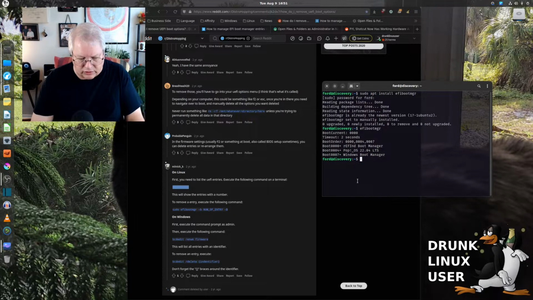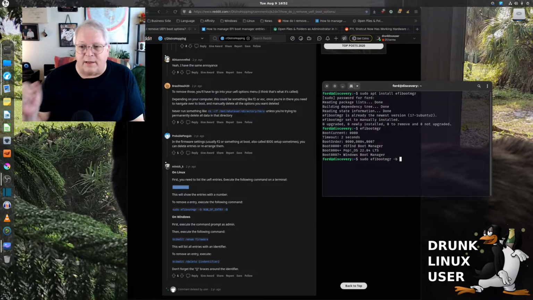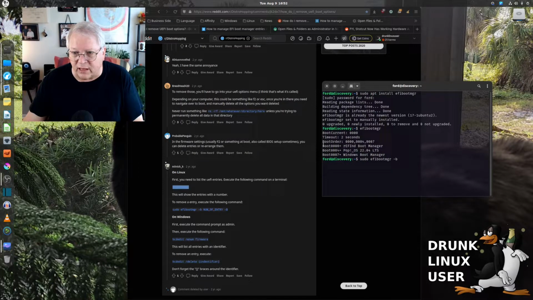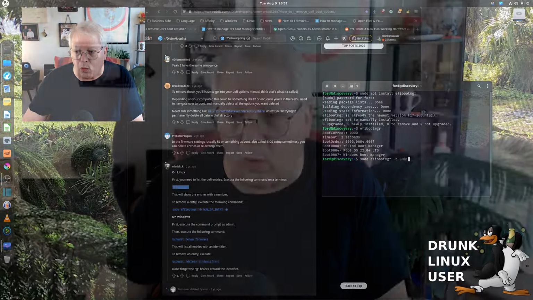What you're going to do is you're going to type in sudo efibootmgr space hyphen lowercase b, very important, and then the number of the entry you want to get rid of on your system. For example, we had Endeavor OS on here before, and that was, if you take a look over here on the right hand side, you'll see that boot, and then it's followed by 4 numbers and an asterisk. I'm not getting rid of any of these, but I'm going to show you. If I had something listed as 0001,